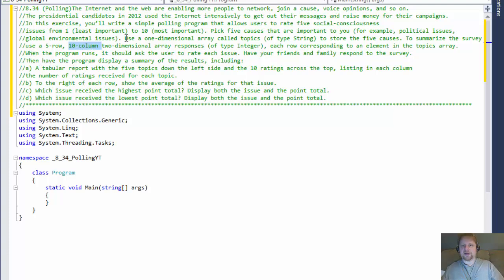So when the user rates something with 5, then the element 5 in the column for that particular topic will have a certain value. The way I'm going to do it is I'll be adding 1 to it. Alright, so when the program runs, it should ask the user to rate each issue, and they want us to have friends and family respond to the survey, but I will be the friends and family for this exercise, and then we will have the program display a summary of the results, including a tabular report with the 5